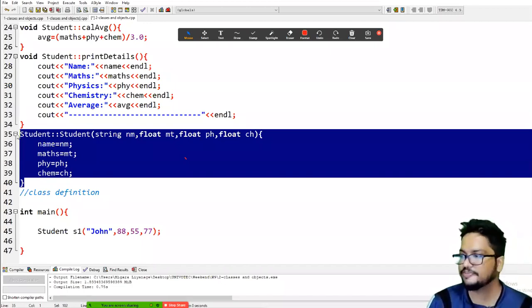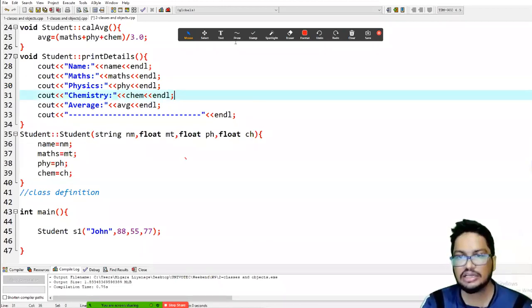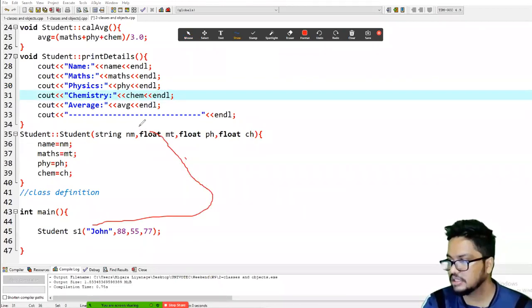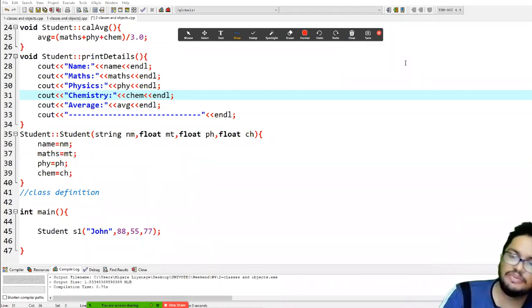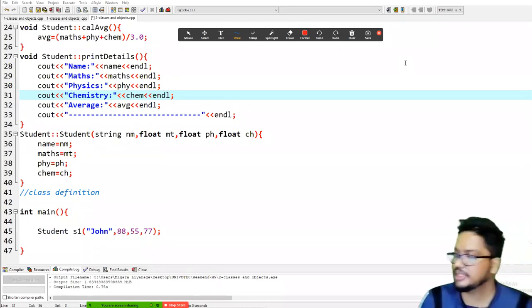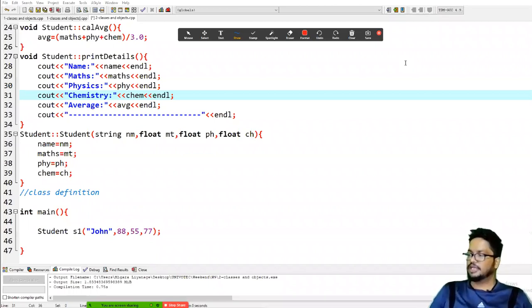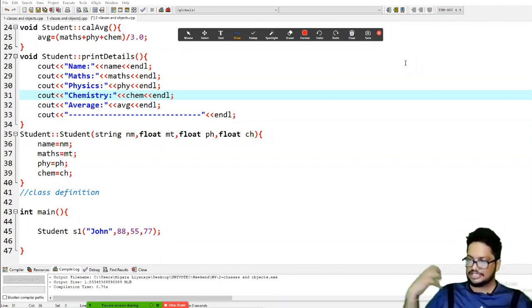So that's what we did here, right? We access it using a member function. Simply, this comes here, this comes here, likewise, and then it is saved in the data member, right? So we are accessing the member functions, but we do it using an indirect method, not a direct method. We don't access them directly, but using a constructor, we access the member functions. That's what we do here.